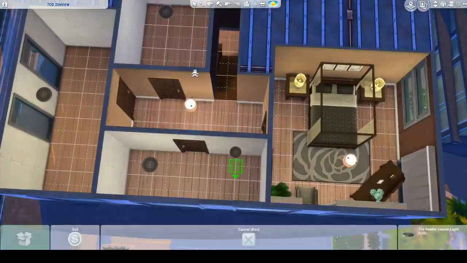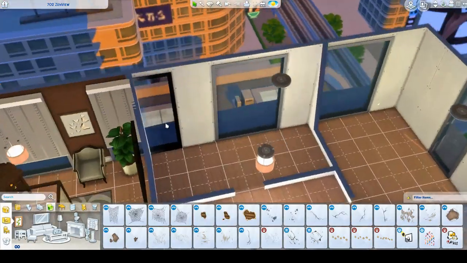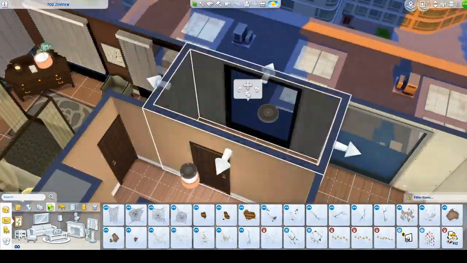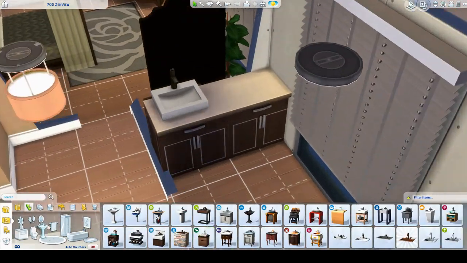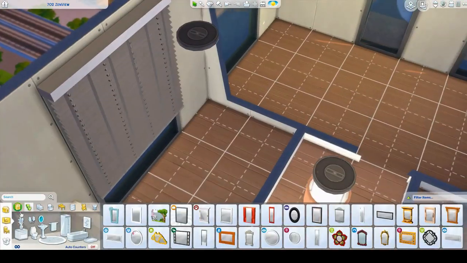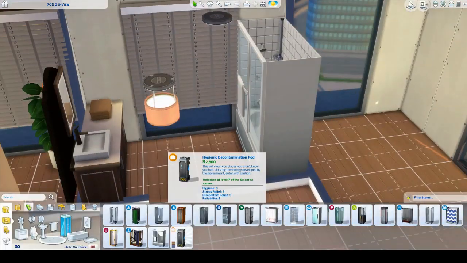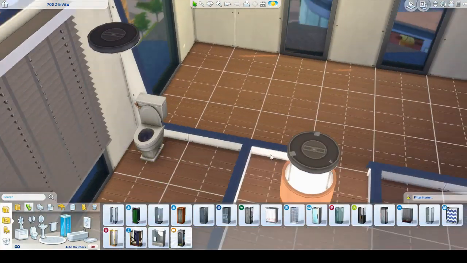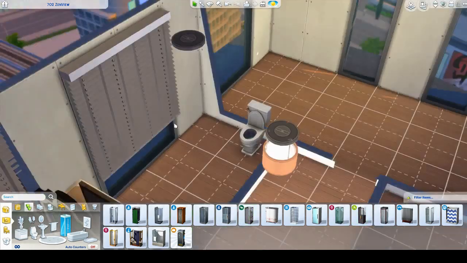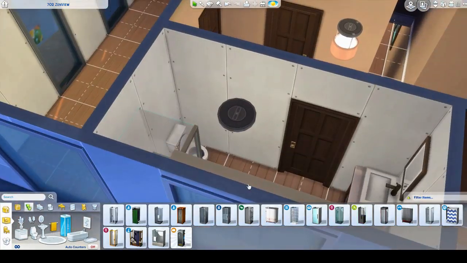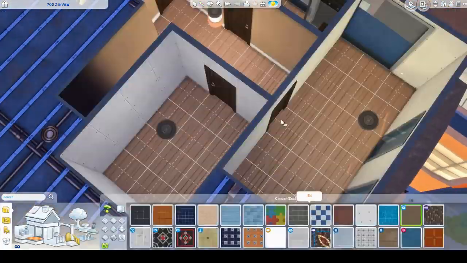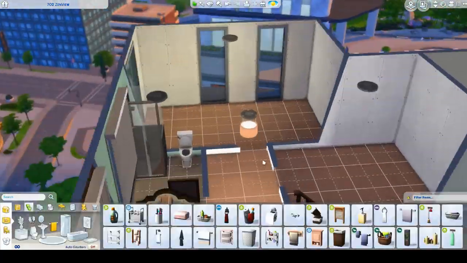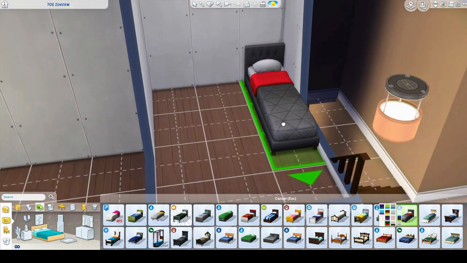I never know what I'm doing. Oh, I was trying to replace those lights because I always put in those, I guess they're almost like pot lights, as soon as I make an apartment, just because I'll worry about light fixtures later, and then sometimes I forget to replace them with something else. So pretty much all my builds have those same lights, and I'm trying to get away from that a little bit. I was going to do the tub, but then I realized that there just wasn't going to be room for the toilet if I did that. So there's a standing shower in here. And then I think I just used the same color as the bathroom downstairs.